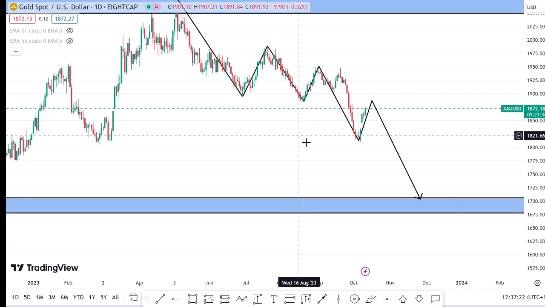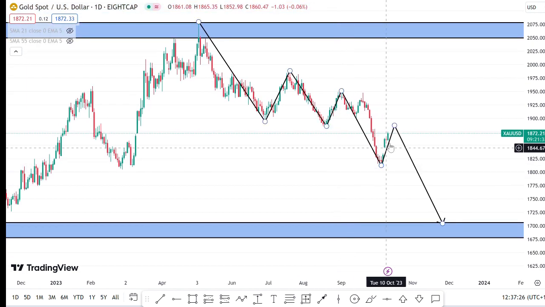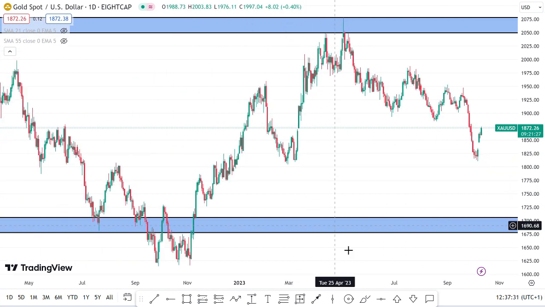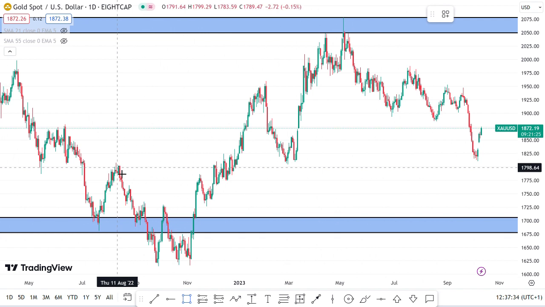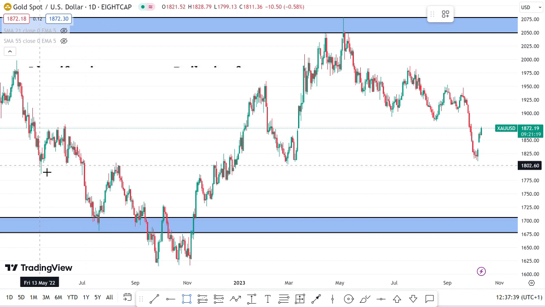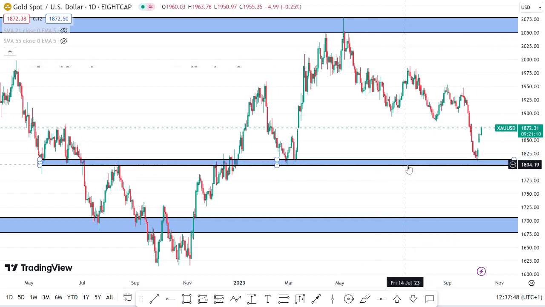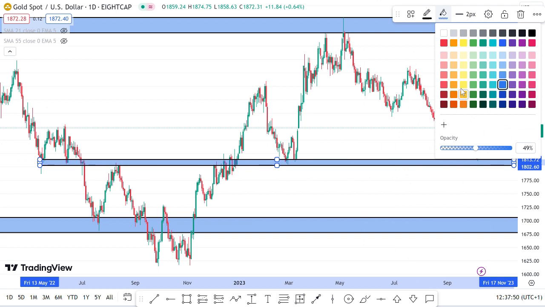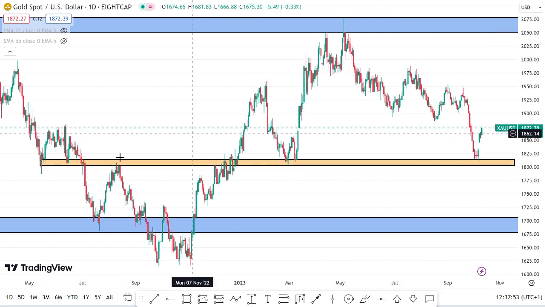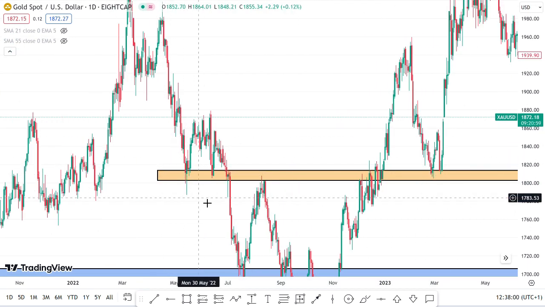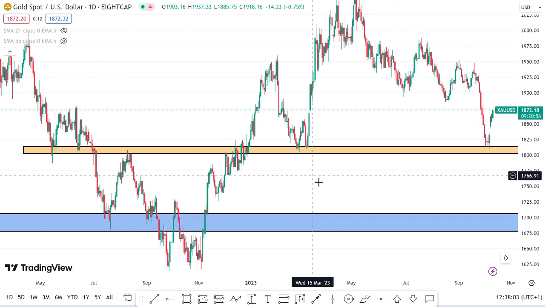As you can see, I'm going to show you guys a tweak. On the daily time frame, I mark out my minor zones or minor key levels that my eyes can see. So over here, as you can see, guys, notice how price always respects these points. Pay attention to this. I'll be using this. Notice how price always respects this point whenever it comes to this zone. So somewhere here now, if you can see,